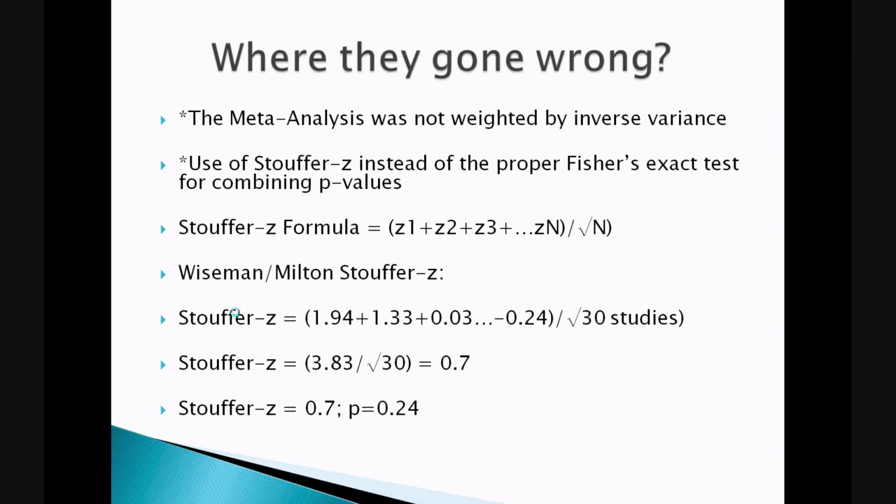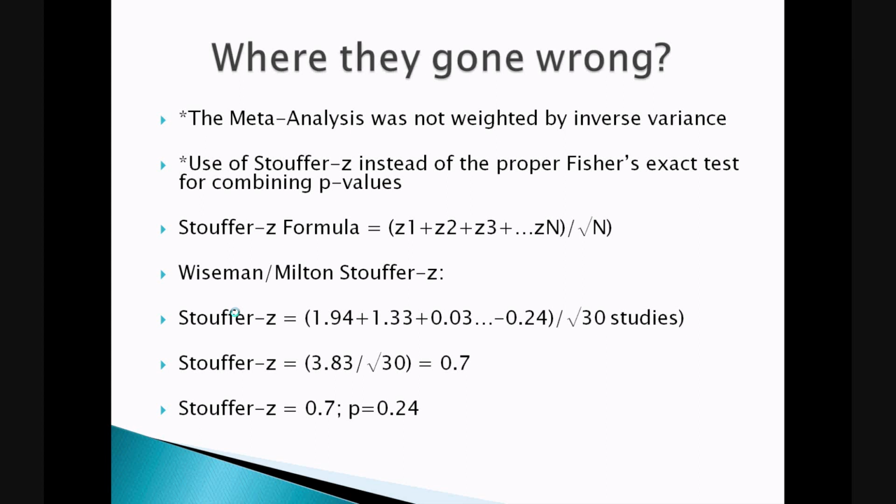The Stouffer Z method basically calculates the exact binomial p-value for each Ganzfeld experiment, converts those p-values to the corresponding z-scores, divides those z-scores by the square root of the number of trials in the corresponding experiments to obtain the effect sizes, and then takes a weighted or unweighted average of the effect sizes. To obtain an overall significance level of the combined results, one would then use the Stouffer Z formula.